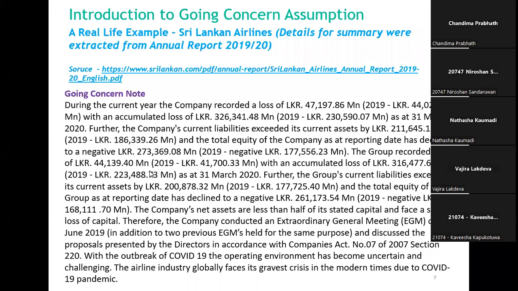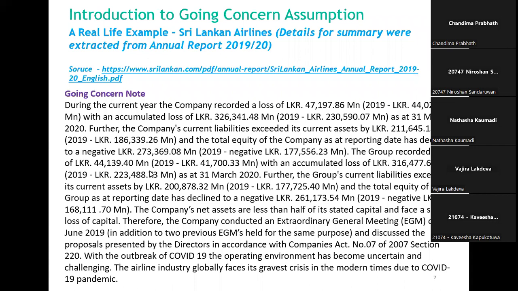During the current year, the company has recorded a loss, an accumulated loss. Further, the company's current liabilities exceeded its current assets, which means there is a net current liability position. And total equity of the company as at the reporting date has declined to a negative value. That means accumulated losses have wiped out stated capital and reserves, which means there is a negative net worth. If you see the Sri Lankan Airlines balance sheet, you have a negative net worth. Now, generally, net assets should be a plus figure, no? But in Sri Lankan Airlines, in 2019-20, it had a negative net worth of 273 billion,